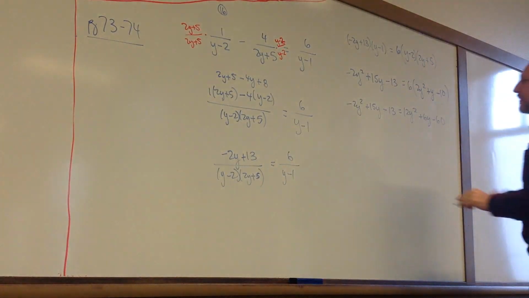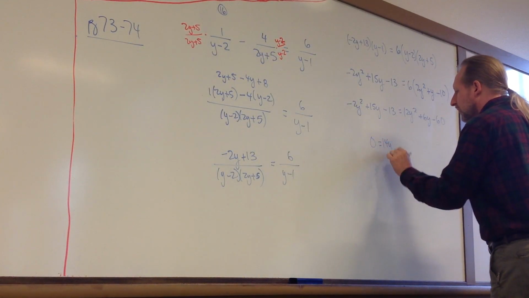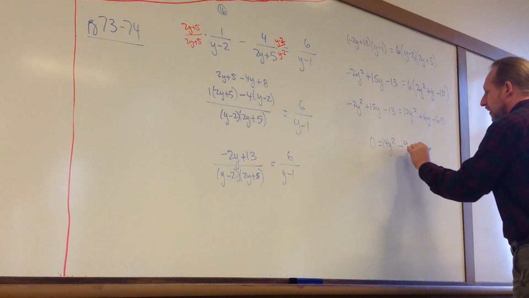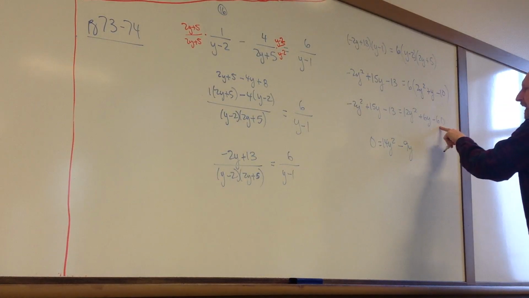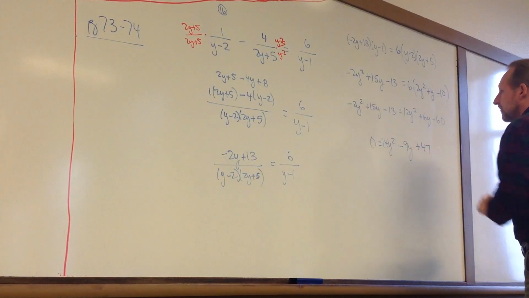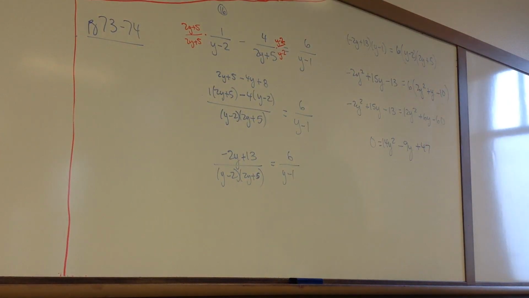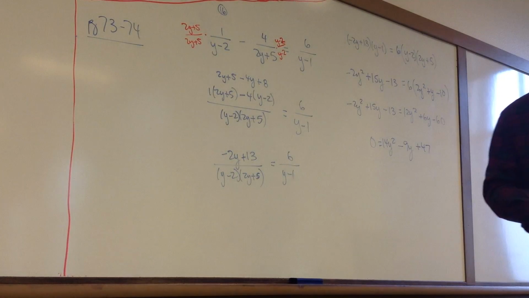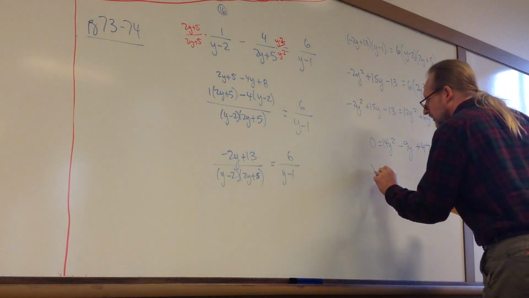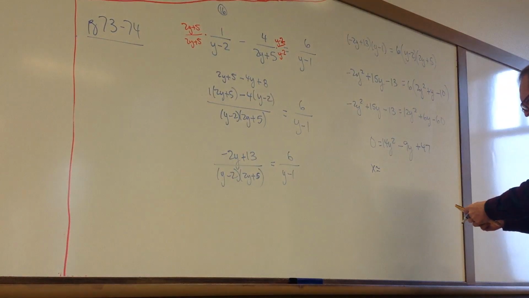So let's move everything over here, and that'll be 14y squared. 6 minus 15 should be minus 9y, and then negative 60 and positive 13 should be positive 47. Okay, so that does not look factorable. Let's see what happens when we run it through the quadratic here. A is 14, B is minus 9, C is 47, and we get a complex valued answer. That's fine. X in this case is